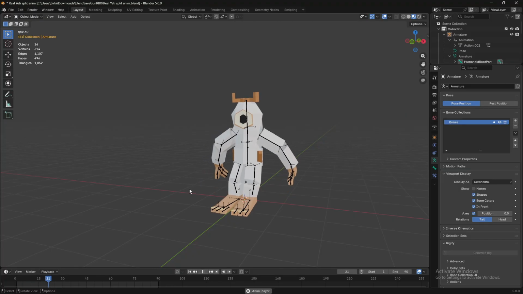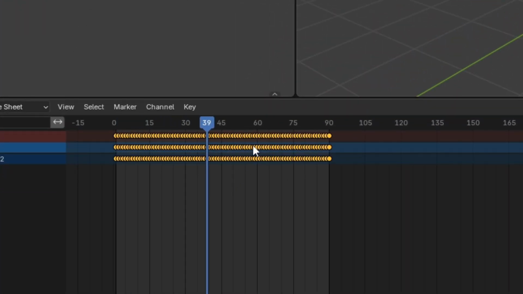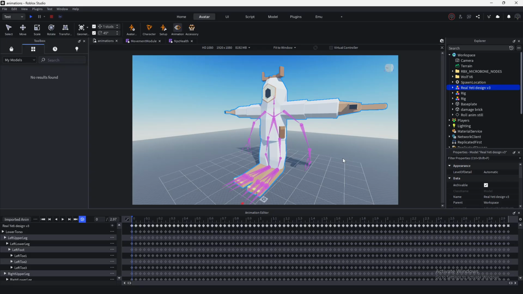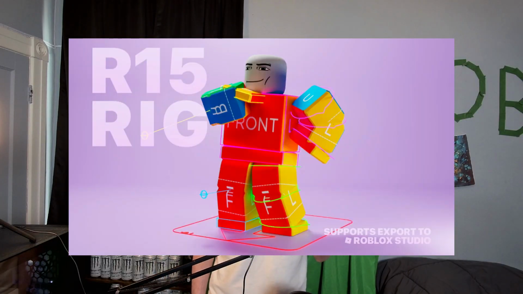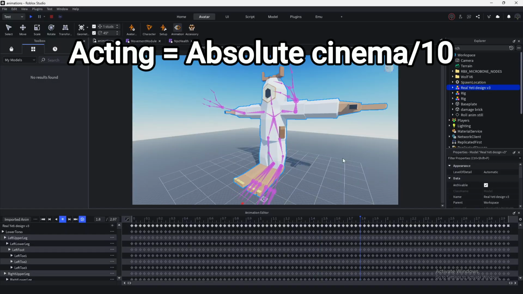Okay, the animation's finished and I even baked it for reliability. Weird, it's not animating. That's because the bones are not named like our 15 parts. Okay, let me change that. What? Still not working? Man. That's because my mesh is only in one part and Roblox wants it in 15 parts for some dumb reason that no other engines have.